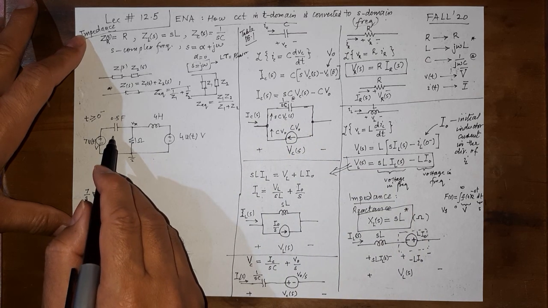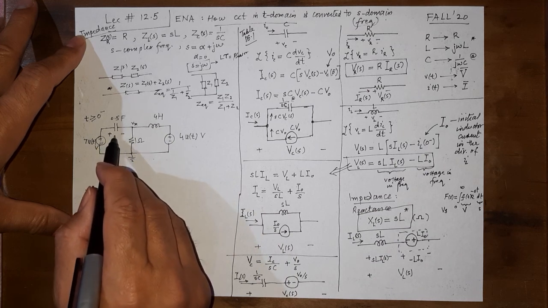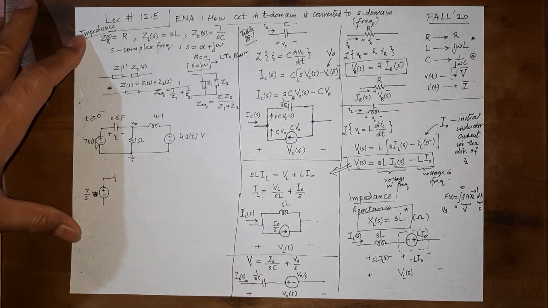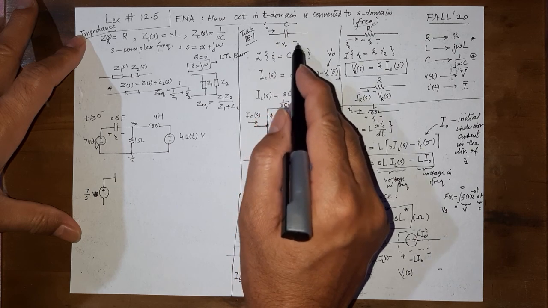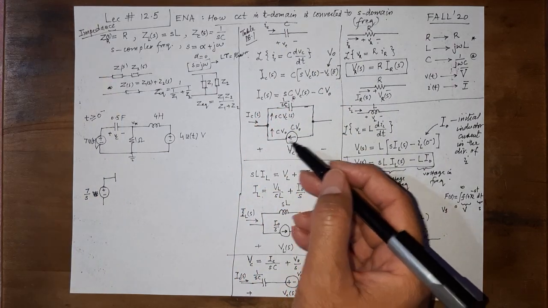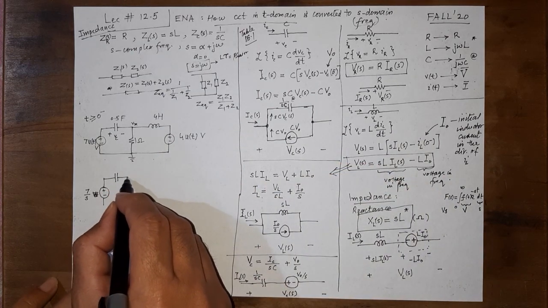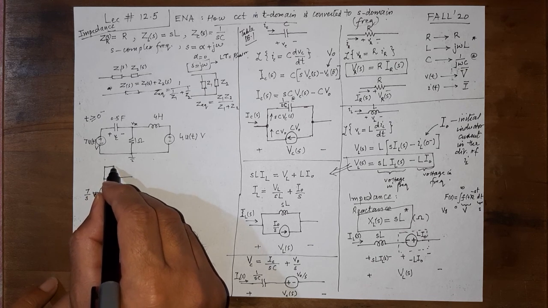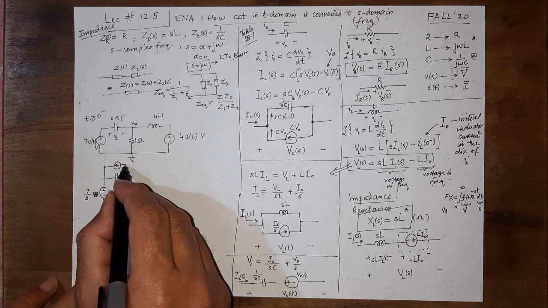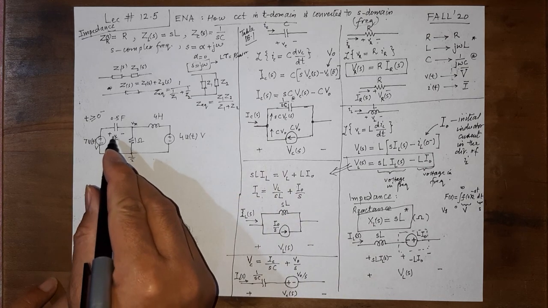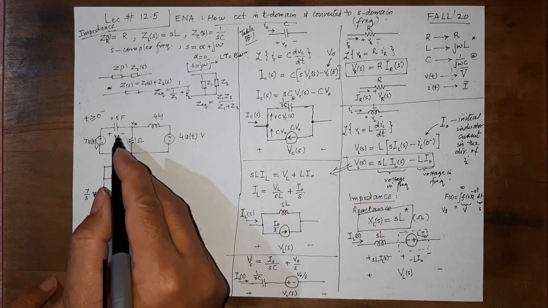So see, the initial voltage, if you remember, was given in this polarity of 2 volts. We took VC in this polarity. That's very important: what is the polarity of VC? So look at the polarity of VC and then look at the direction of the current source. We need to replace the capacitor by a capacitor in parallel with a current source that has the same direction as the voltage across it that we are taking, right? And its value would be, so what is V naught in this case was 2 volts.